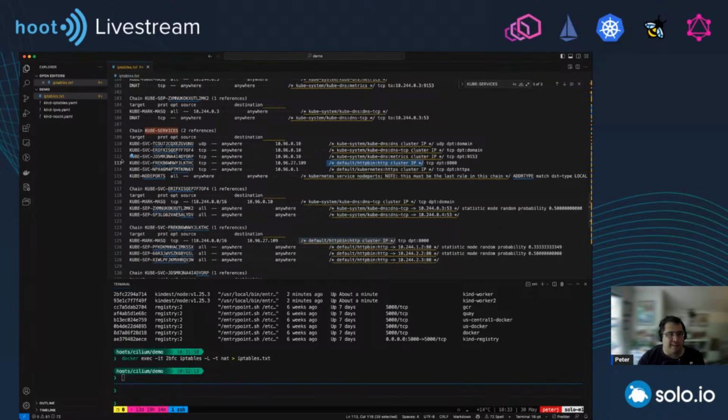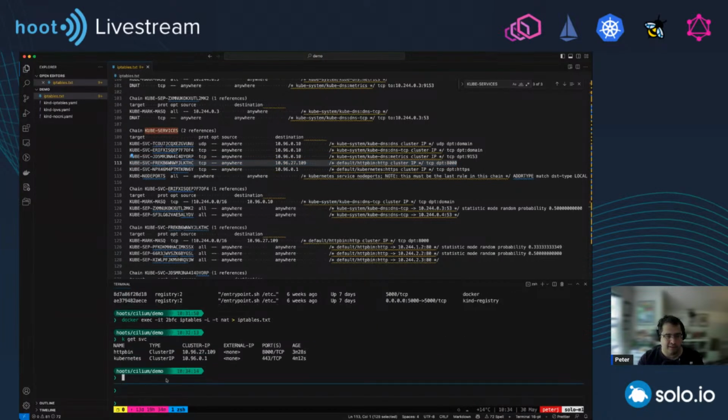And this is the random name of the chain where the traffic should get routed to. So I'll highlight this one. What this is saying is that we don't care what the source of the packets is, however, we do care that the destination IP is this 10.96.27.109 IP. If we look at the service here, this is the IP address of the Kubernetes service, the httpbin service.